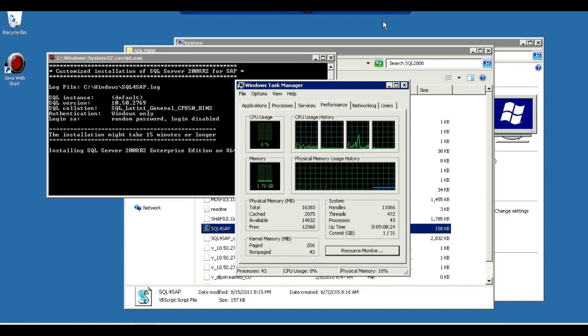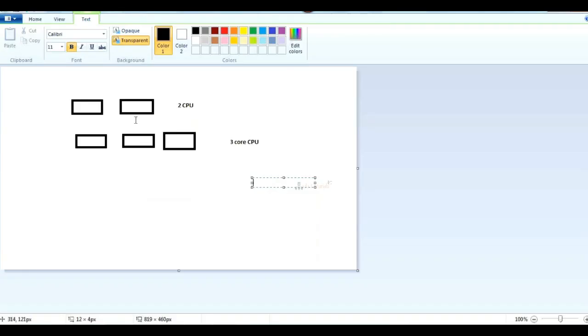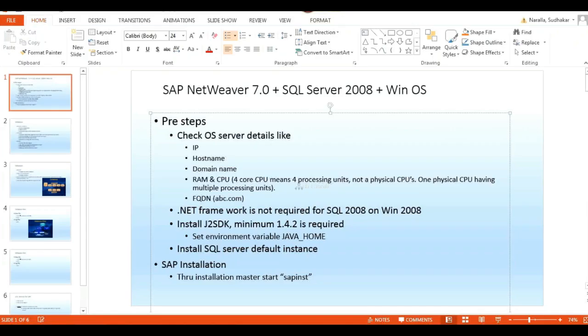Multi-threading means multiple parallel processes can be handled. Got it? A 4-core CPU means 4 processing units, and these are not physical CPUs. One physical CPU has multiple processing units.